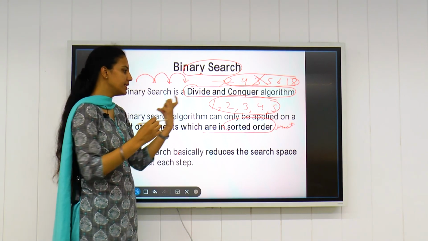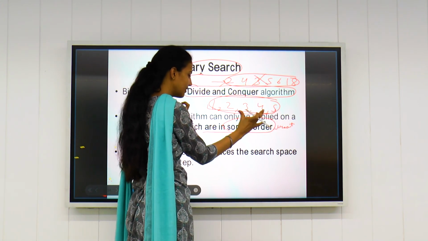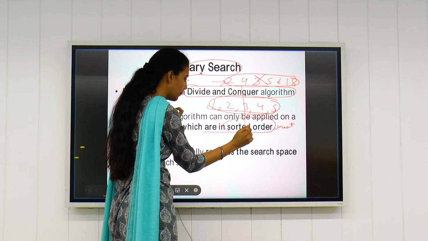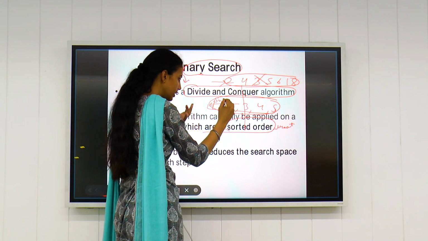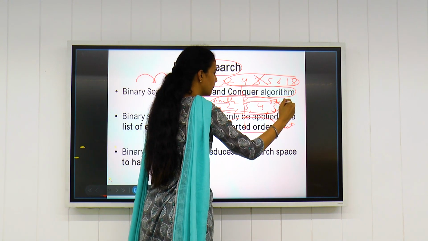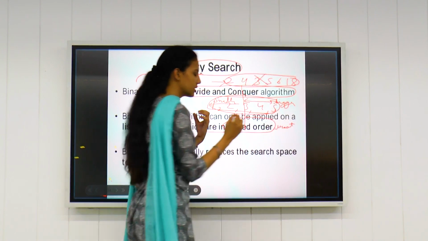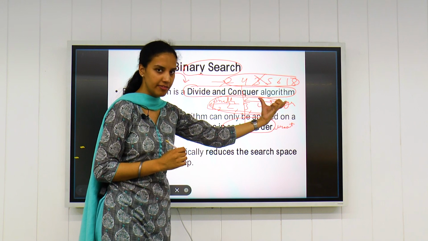Divide and conquer means, suppose we have a list of elements given, we divide this list into two equal parts. Starting elements will be smaller as compared to the elements which exist at the backside. Those are bigger elements. That is how the divide and conquer algorithm actually works.